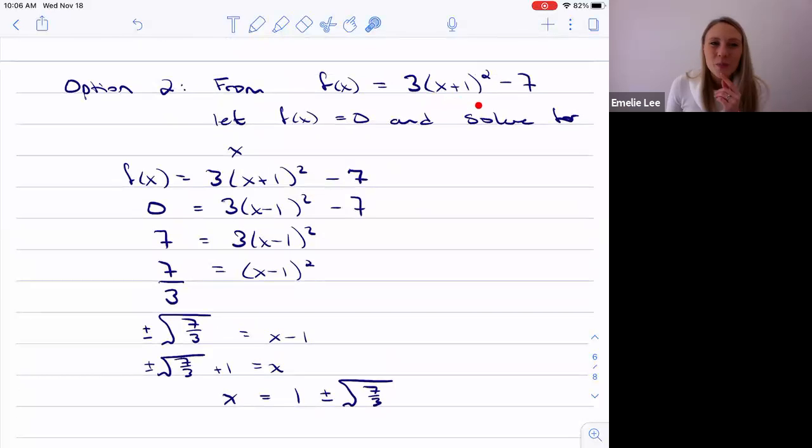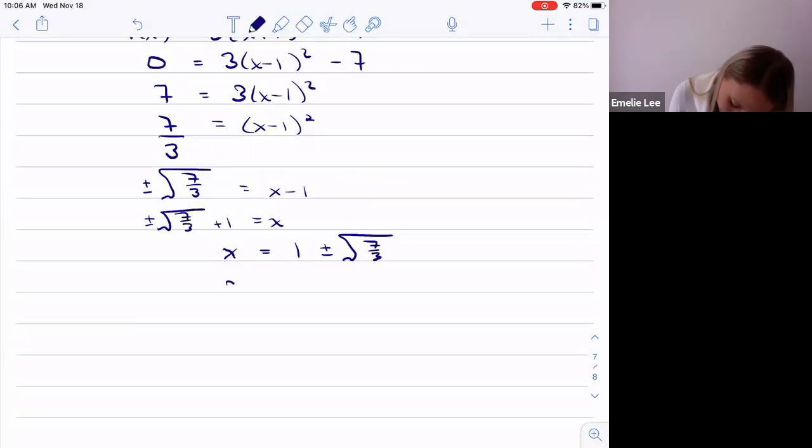You already put in a ton of work to find the standard form. I think it's easier to use option 2 to find your x-intercepts, but I'll leave it up to you to figure out which one you prefer. Because here, now we can find the x-intercepts. So x is roughly 1 minus the square root of 7 over 3, which is,